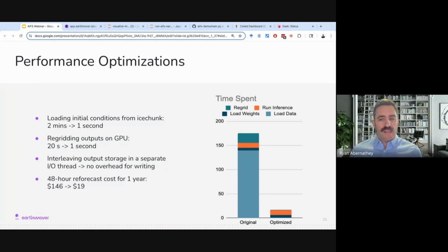And this allowed us to eliminate the overhead for writing. So rather than having to wait for us to write data, we did this in parallel on the CPU while the GPU was running the inference. And so as a result of this, if we wanted to reforecast an entire year for 48 hours each forecast, these optimizations take the cost from,